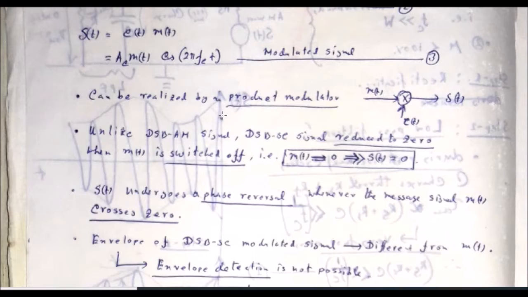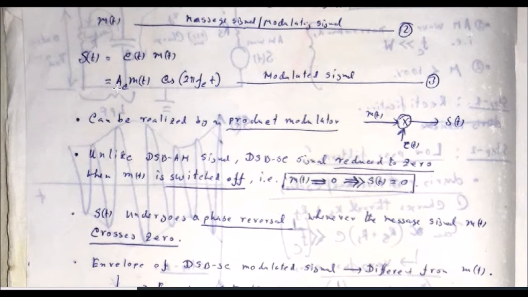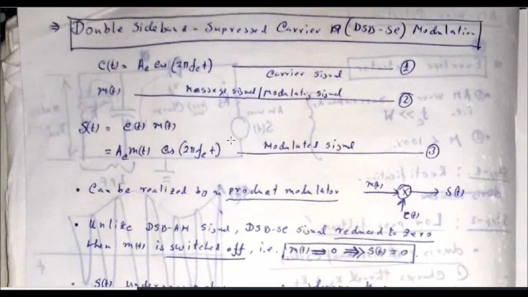Now what is the difference between this signal and the amplitude modulated signal? Just remember that along with this term, in the ordinary amplitude modulated signal there is another term, the carrier term. It was added here. This term is nothing but the upper sideband plus lower sideband. If you decompose this cosine function, one will be the upper sideband, another the lower sideband, and plus one unchanged carrier was there in the modulated signal of ordinary AM. That was suppressed here.